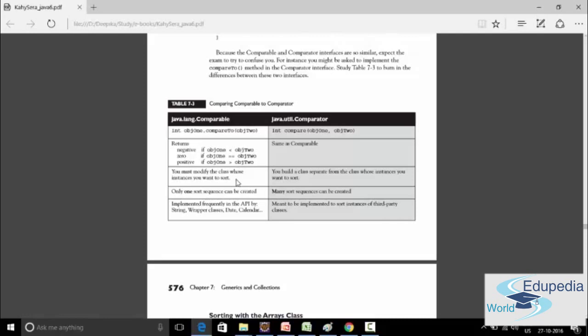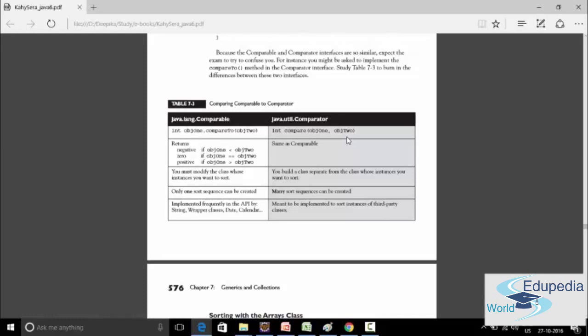For comparable you must modify the class whose instances you want to sort, and for comparator you need to build a separate class from the class whose instances you want to sort, because object two will be a separate object which you are comparing. In comparable, only one sort sequence can be created, whereas in comparator you can create many sort sequences.